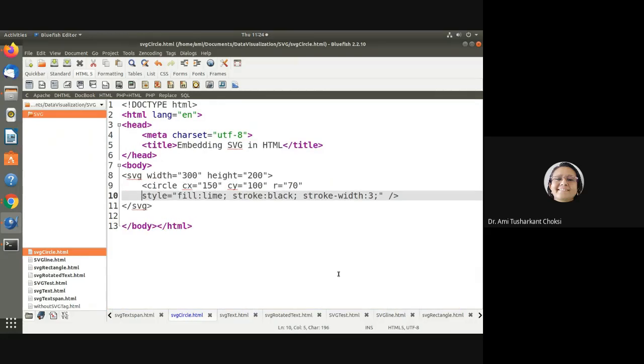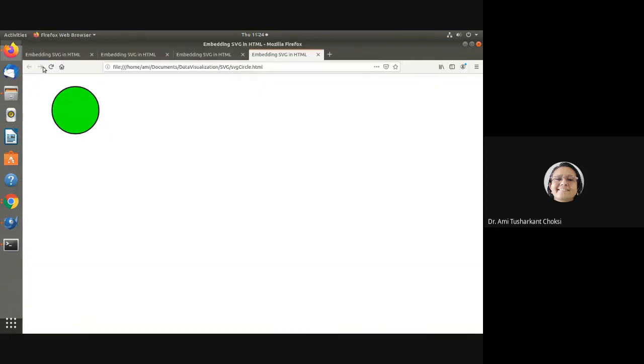Now let us preview this in the browser so you can see the code is giving you the output. I haven't just put it from somewhere. So you can see the border is black and fill color is lime, right?